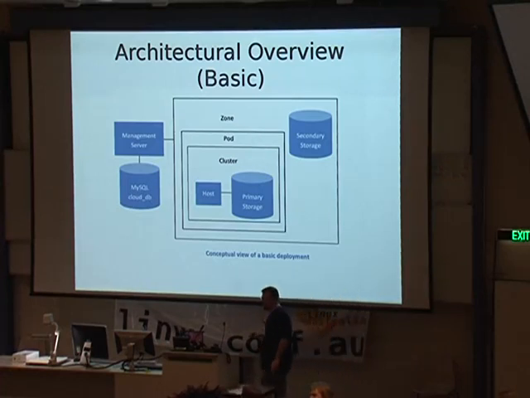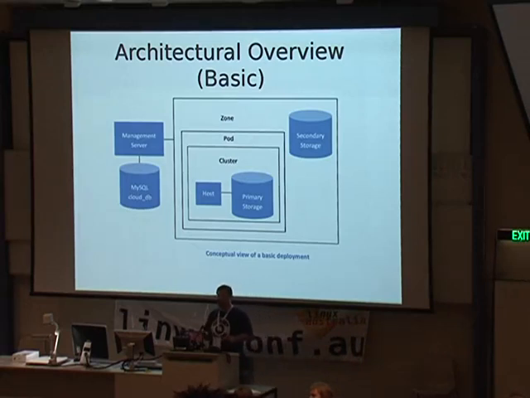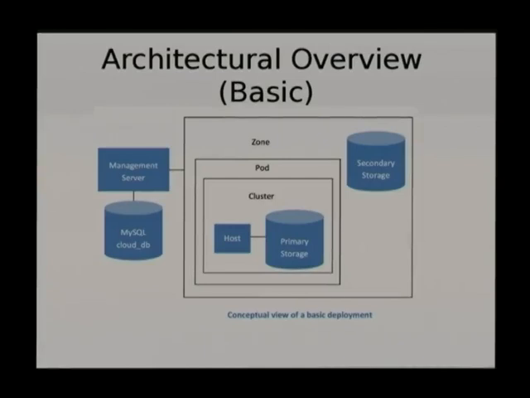Okay. So let's talk about the basic architecture of CloudStack. So you need a management server which stores all of its information in a MySQL database. Anybody have an idea what happens if our management server falls over? What happens to all the VMs that are running? Exactly. Yes. The management server can puke all over itself and it's fine. All the VMs, the networking, everything stays up. Everything keeps working. Now you can't use the API or manage it easily, but if that particular component falls over,